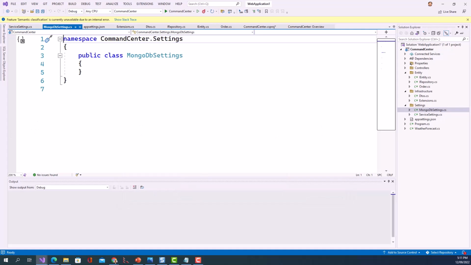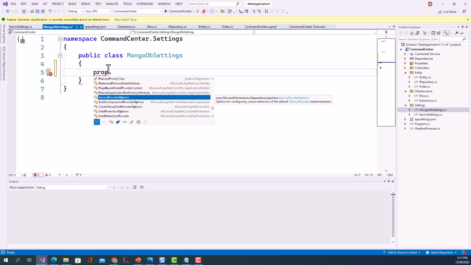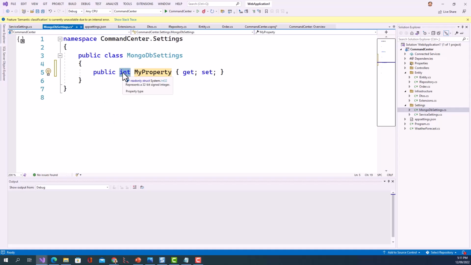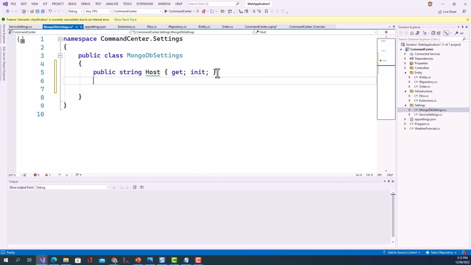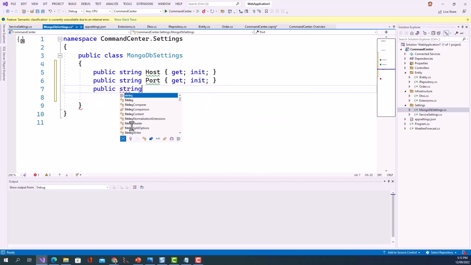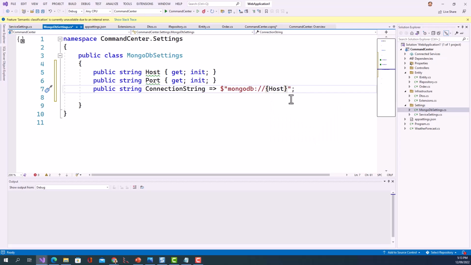Let's now write the code for the MongoDBSettings class, and the code for the ServiceSettings is